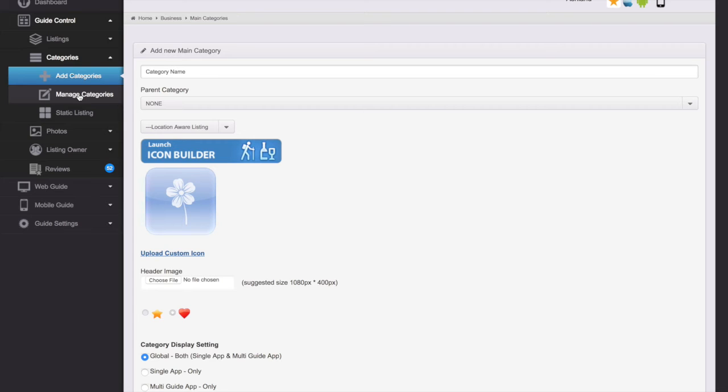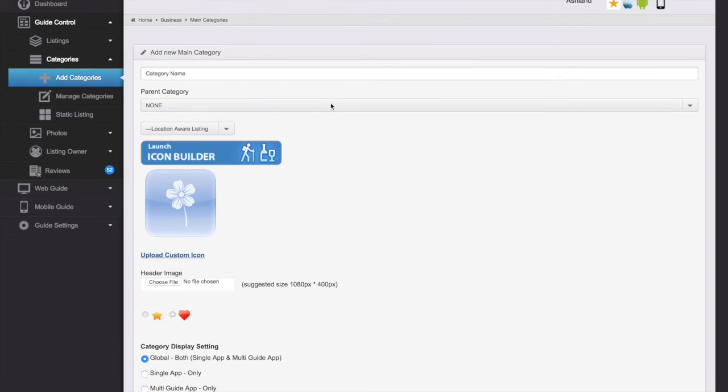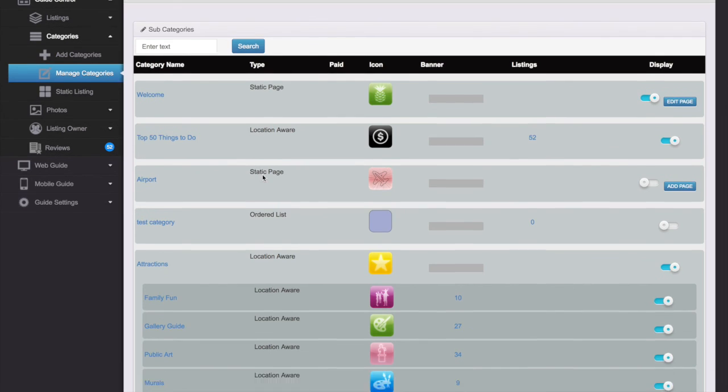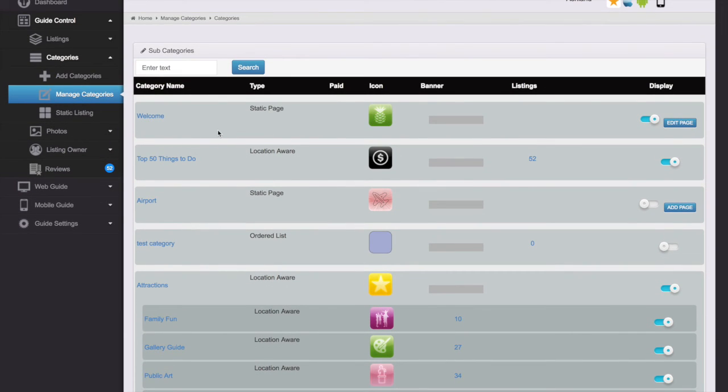I'm just waiting for the page to refresh, but you'll go out to the main category management section. Okay, I didn't want to create this category because I actually am in a live guide, and here we go. Okay, so here we have all of the different categories. Now, looking at the category, you can